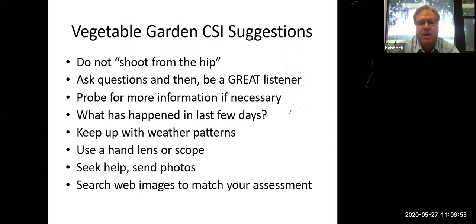And at my age, I need hand lenses just to see the basic stuff. So that's an important piece of equipment that would be helpful to you. The other thing over the period in my career that really helps a lot is we all have iPhones, we all have the ability to take a picture, and we all have the opportunity to send them through your extension